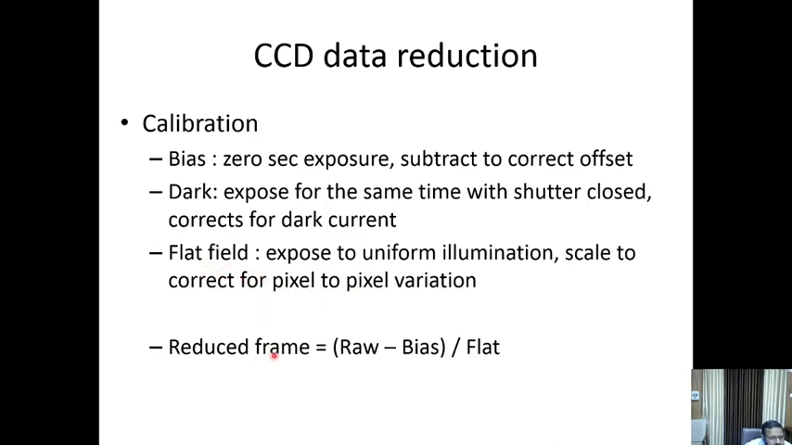So the reduced frame which is used by the astronomer is actually the raw image, which is bias subtracted, and it is scaled by the flat to remove the pixel to pixel variation. So from here the astronomers can use the image for their data reduction and inference. So this is the basic